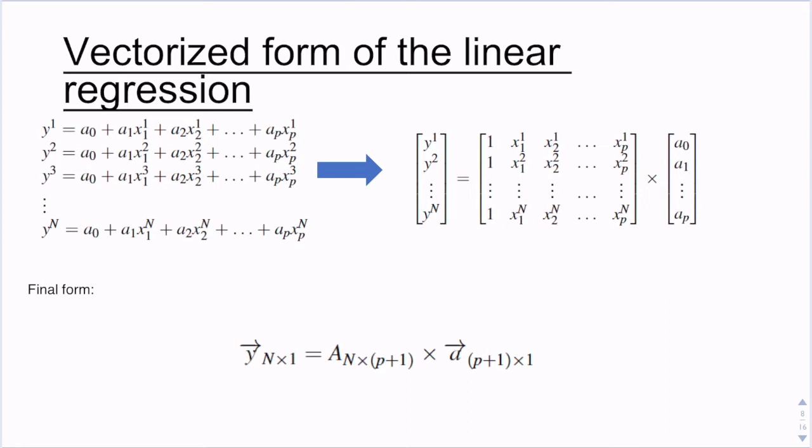Starting from here, let's say we have collected n samples. For each sample we now have the pair of input and output. So y1, assuming that we know the coefficients, is a0, a1 times x1,